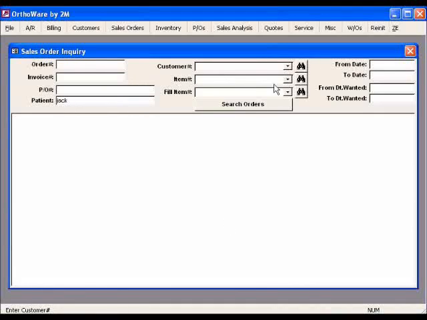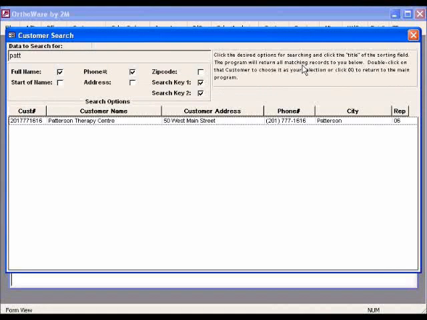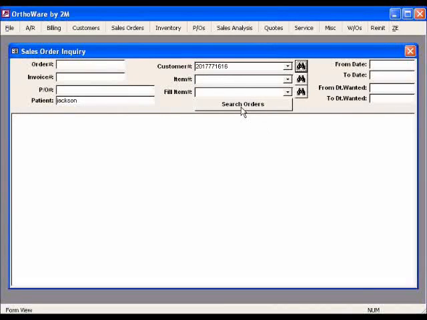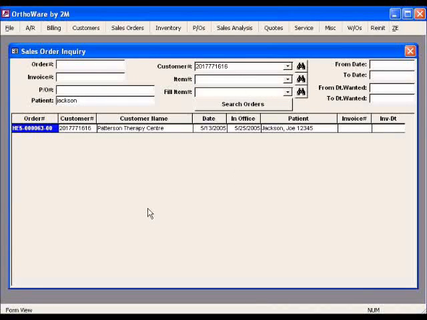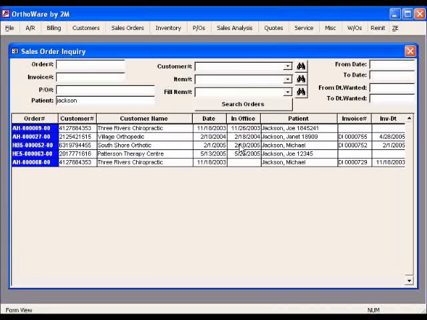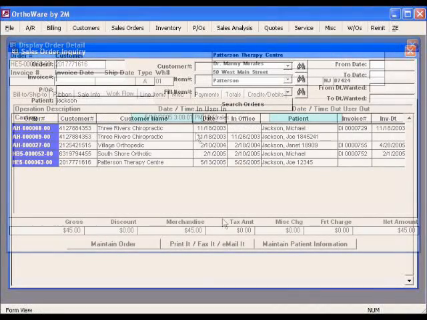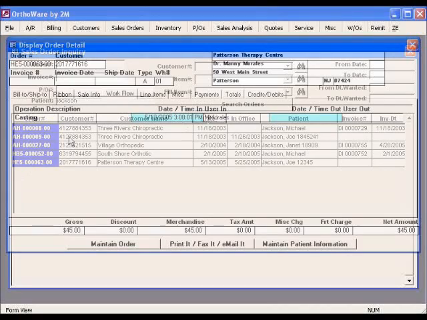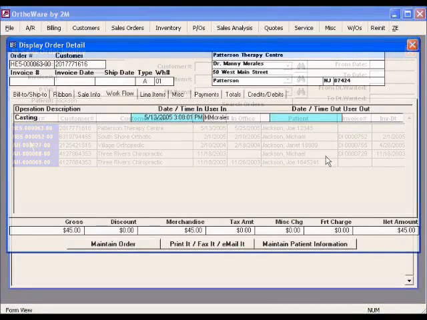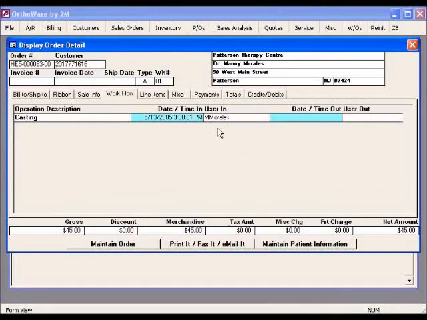And let's first look it up for Patterson. If I knew the account number, I could have just chosen it. Search order. That's the only one out there. What if I have multiple hits? Okay, I can see that here are all the patients named Jackson that I've done work for, and I can resort the inquiry by just clicking on the heading, and it will sort it in either ascending or descending order. I get to the order I'm talking